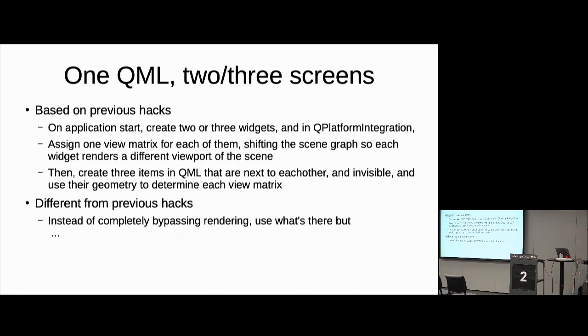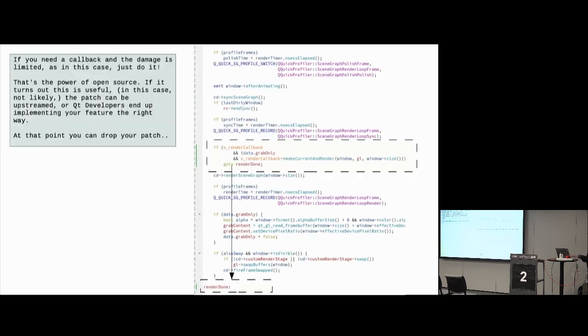So this is different from the previous hacks in that we're not completely bypassing rendering in one way, but we're bypassing rendering in a different way. We jumped straight into the code in Qt where rendering actually happens, and then we installed a static global callback and a goto, which jumps over all of the Qt rendering code and then ends up down here.